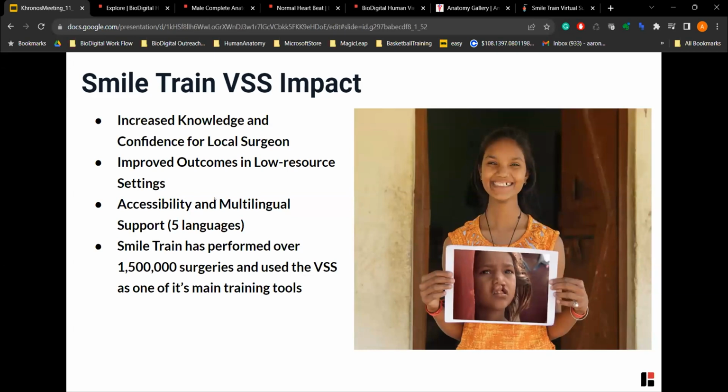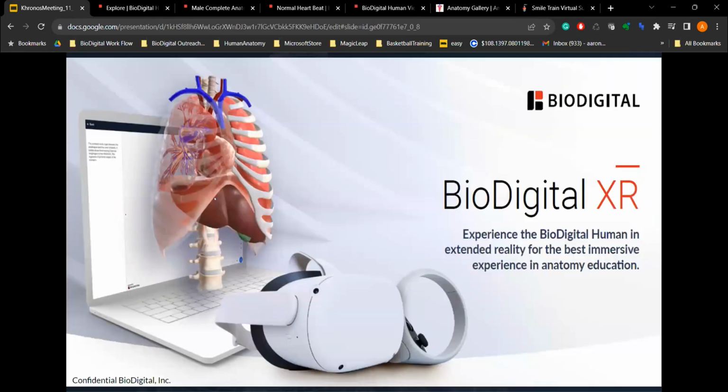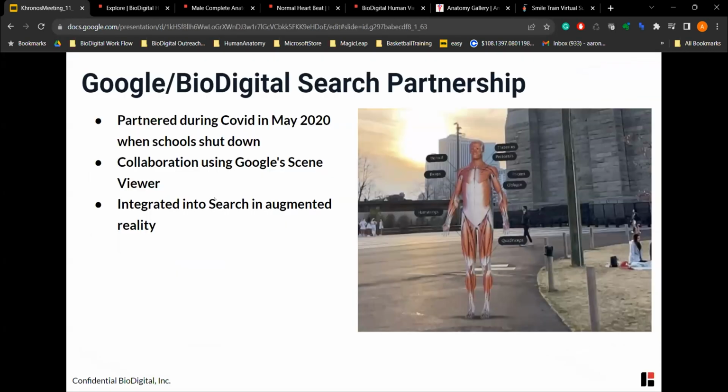Available in 5 languages. And SmileTrain has performed over 1.5 million surgeries and used this technology as one of its main training tools for the last 10 years. And then finally, I just want to jump into some of our XR implementations. And this is a little bit off the beaten path, but this is our Google BioDigital partnership